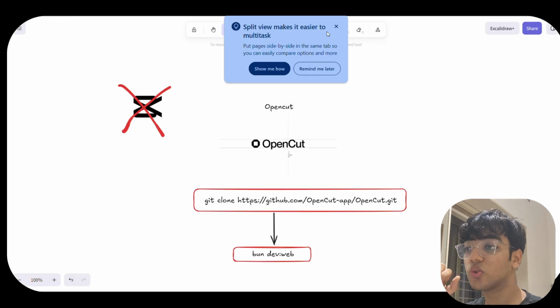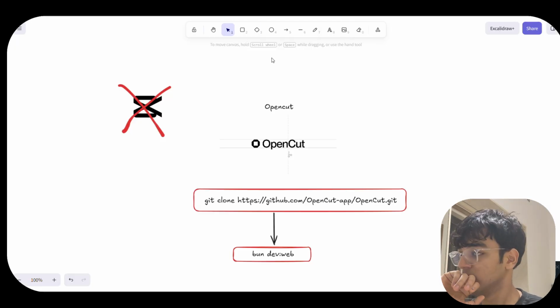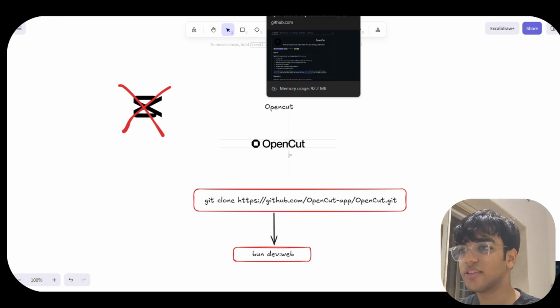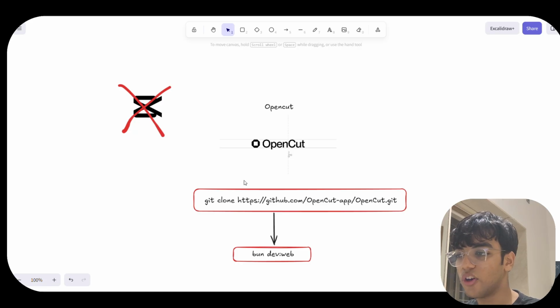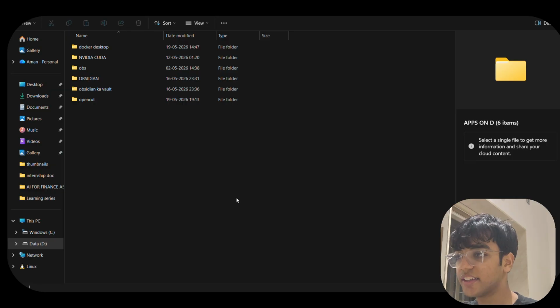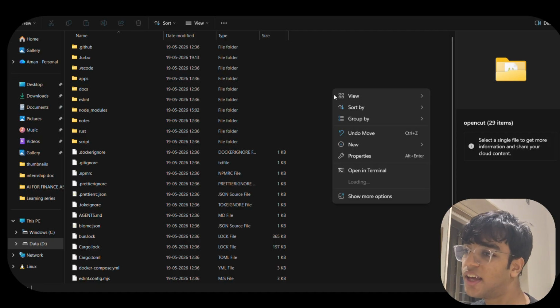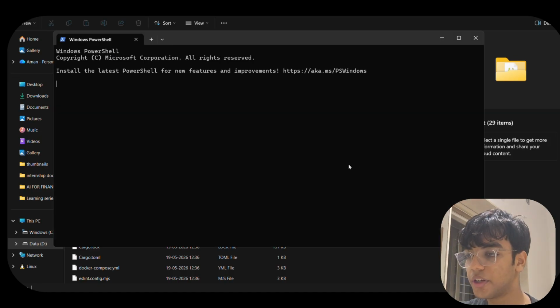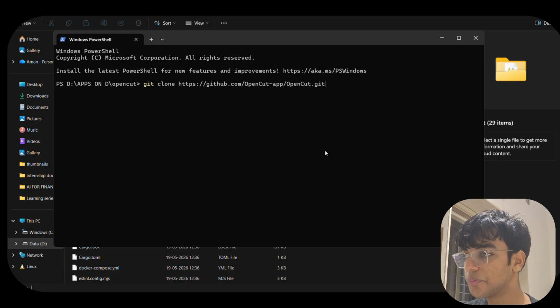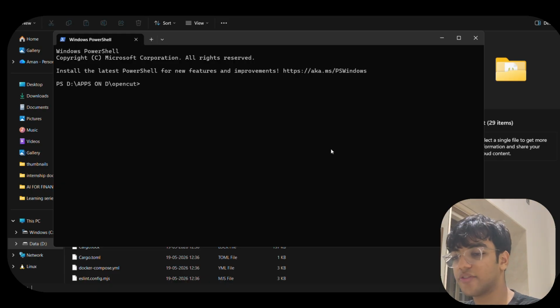So coming on to how to install this. First of all, I'll give you all these documents. You just have to copy this whole thing, and let's say that you have a folder on your laptop, and let's just say you make an empty folder. I've already made it, OpenCut, and then you'll just have to open in terminal, and then if you just paste this and press enter, the full copying will all happen, so you don't have to worry about it.